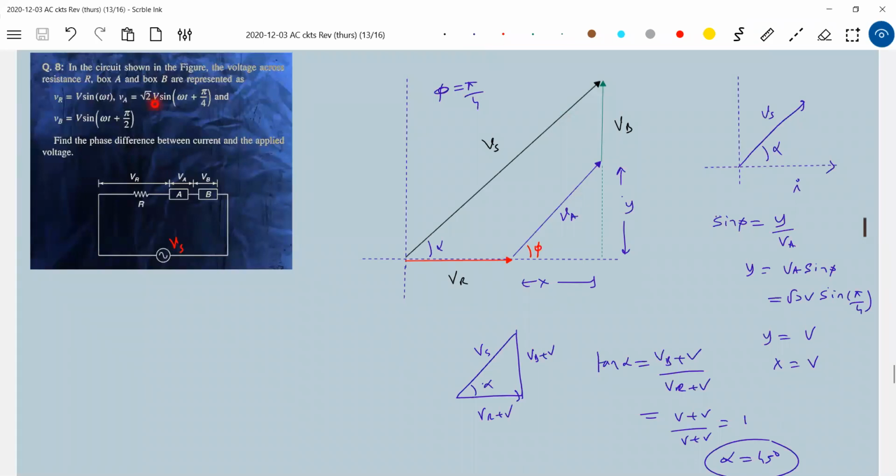Sir, you took maximum value. No need to convert to VRMS again, because what is VRMS equal to? VM by root 2. So I'm taking the peak values only, I'm plotting for that. If you want to convert to VRMS and solve it, you'll get the same answer. Unnecessary, I think it will be killing time. So that is for peak values only. I plotted these things.